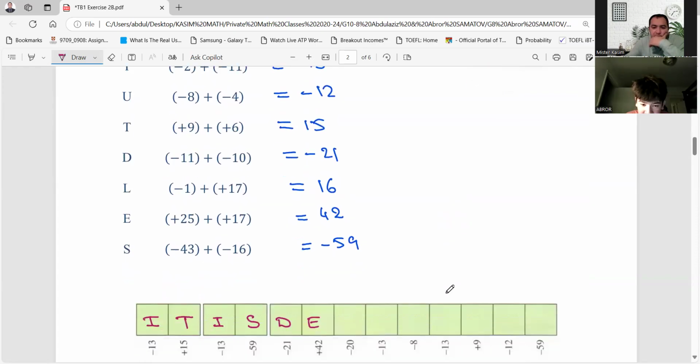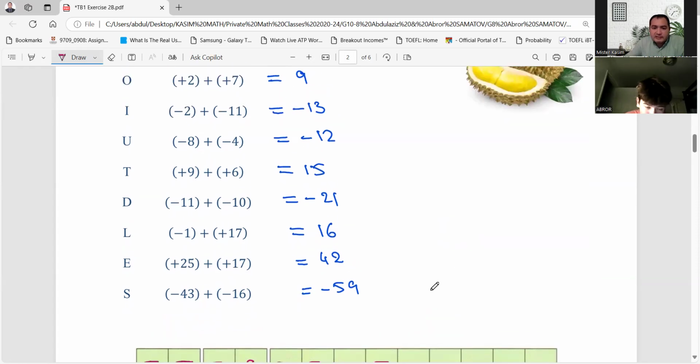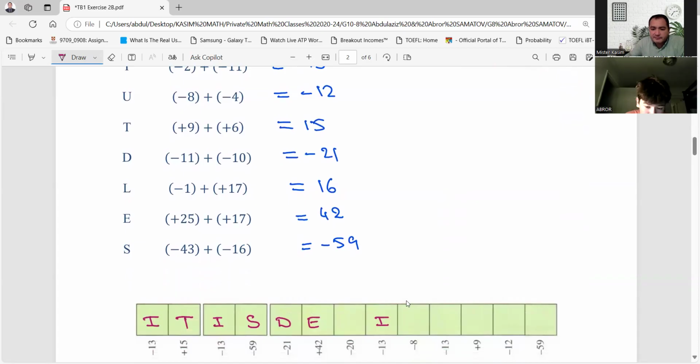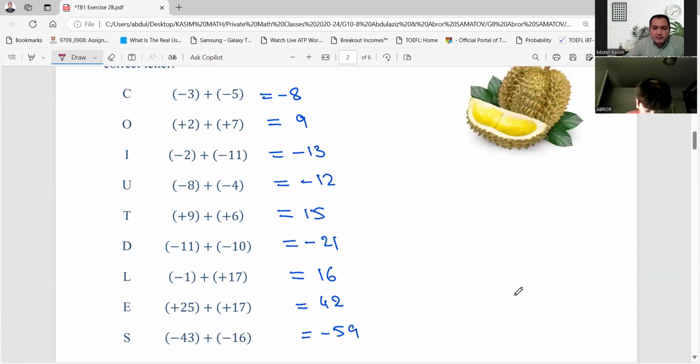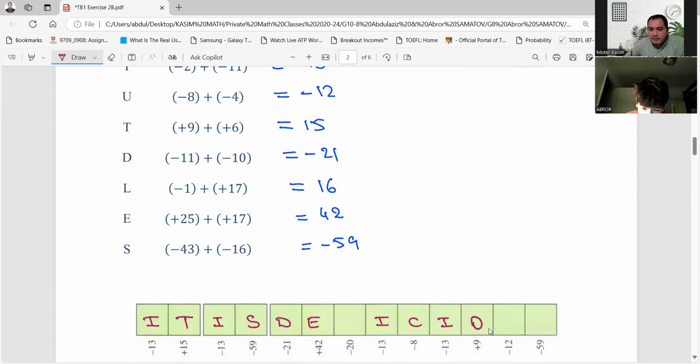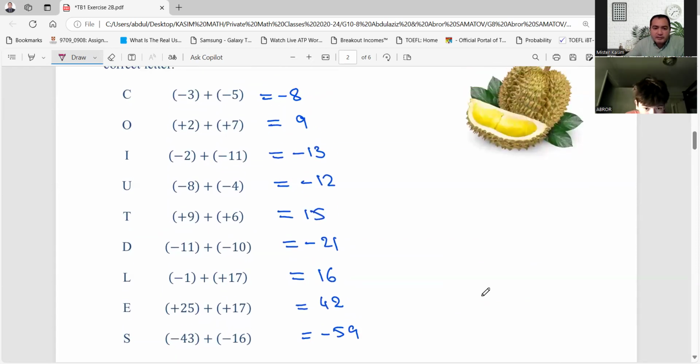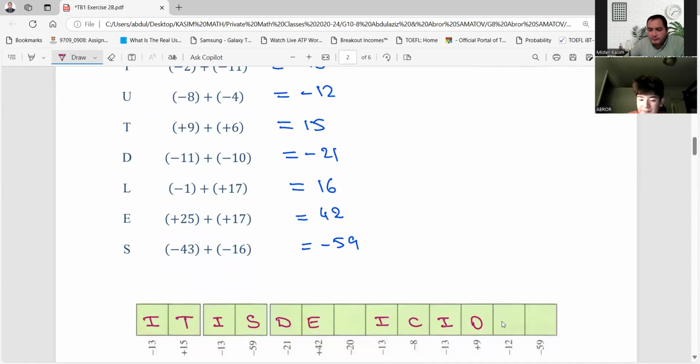Okay, let's continue. Negative 13, it is I, right? And negative 8, it is C. And negative 13 again, it is I. And positive 9, O, right? And negative 12, U. And negative 59, S. Okay, negative 20,